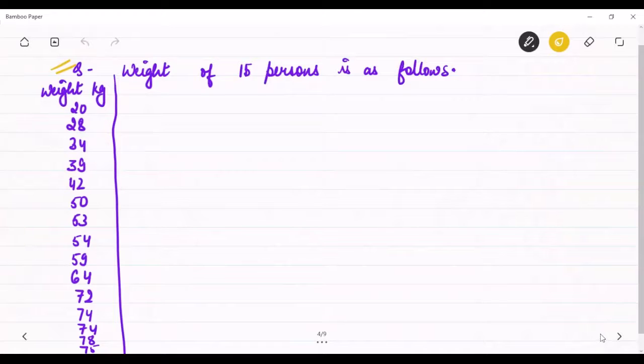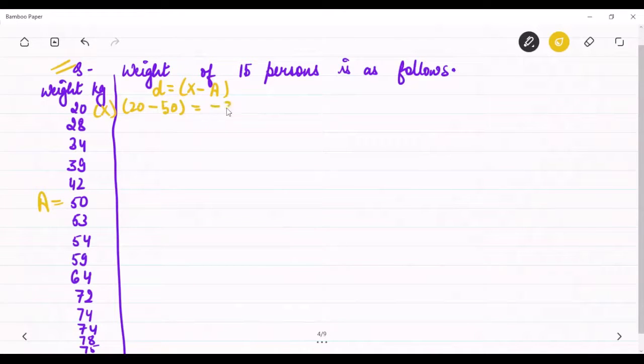So what is A? We will assume a number from the observations that have been given. Okay, let's consider these weights as x and we will assume a number. It can be any number. I'm going to select 50 as my assumed mean. So in the question, what is the assumed mean or A? It is 50. Okay. Now how to calculate D? D is calculated when we subtract the assumed mean from the given observation. So here x is, let's say, 20, and what is our assumed mean here? It is 50. So what is the answer?